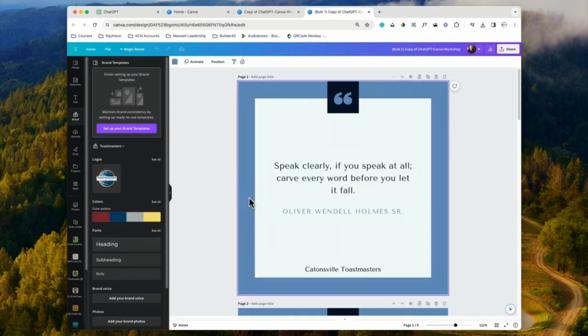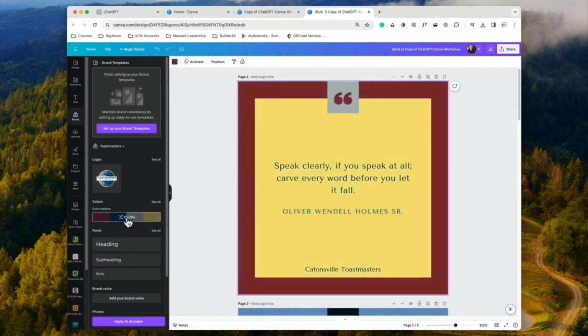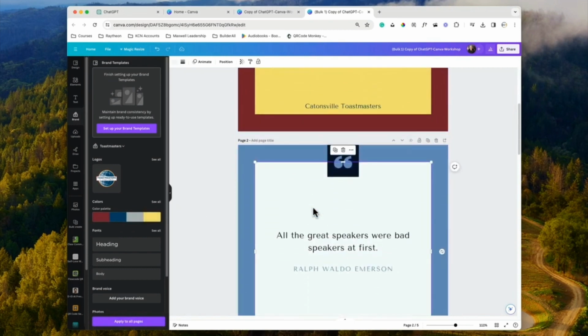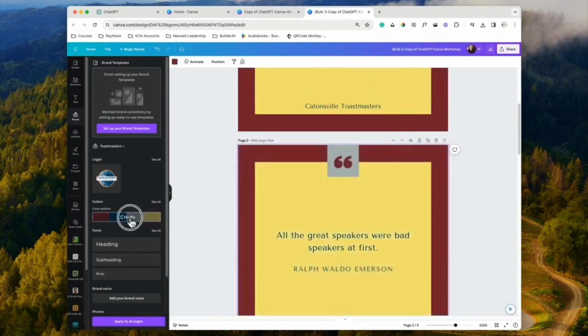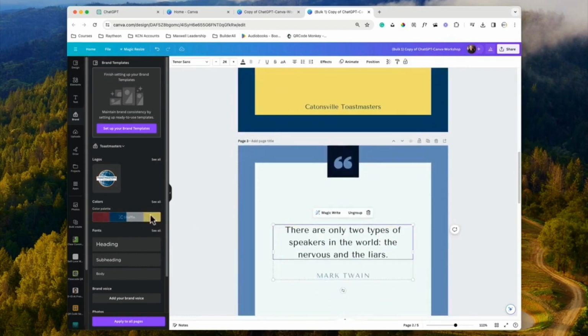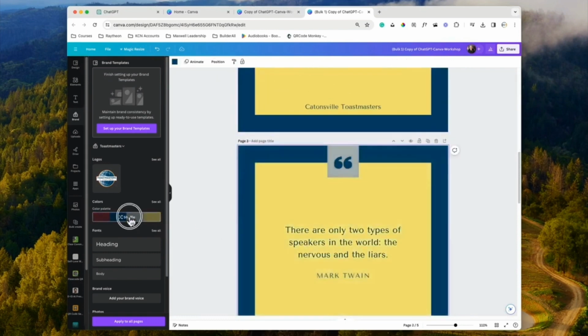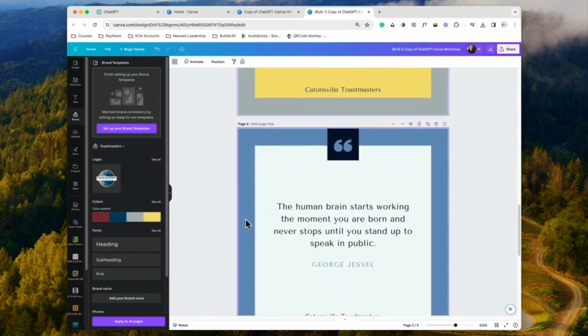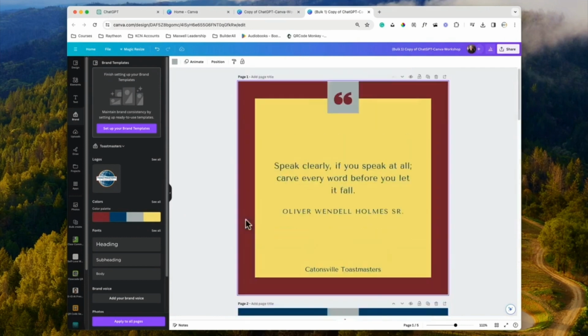Now, if I want to change the colors, I can just hit shuffle and it will change it and use the Toastmasters colors. I can do that with each one. And you can see some I like, some I don't like, or you just leave them the same. But these now are ready for download.